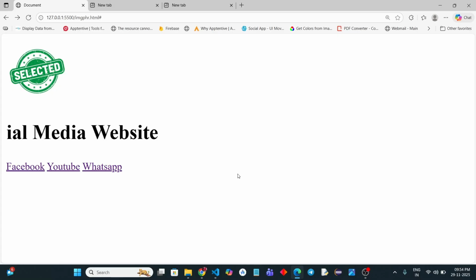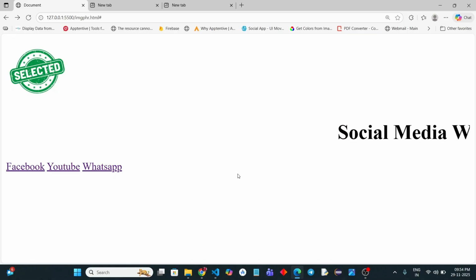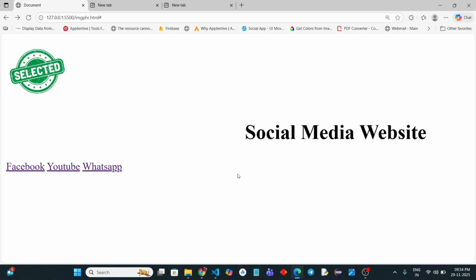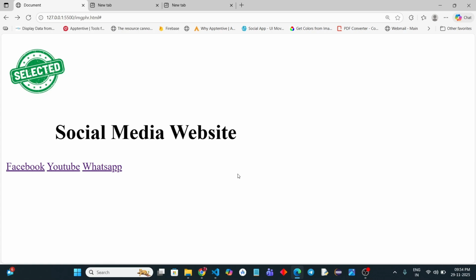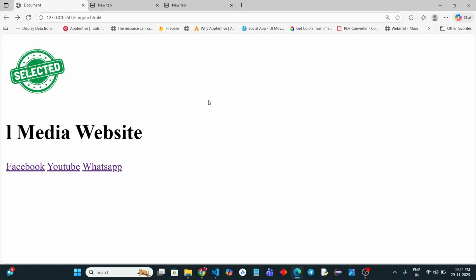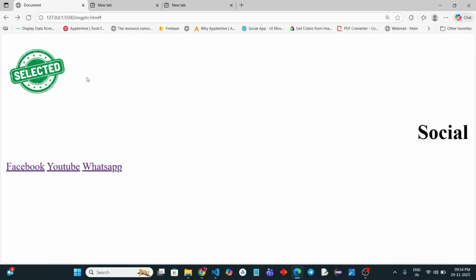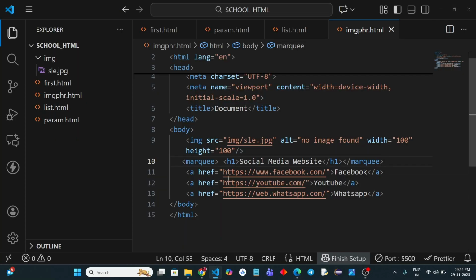Perfect. So now we'll go for, let's say, a table tag. The table tag is a very important tag. Before that, I want to show one more tag, that is called a center tag. Now by default, whatever you're adding is on the left side only. If you want to make it centered,